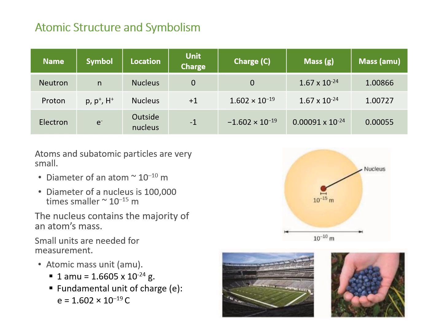So to put that in proportion for you, if you were to take a blueberry and place it in the center of a football stadium, that would be the size of the nucleus compared to the entire atom itself. So the stadium would be the electron cloud, whereas the blueberry would be the nucleus. Now the nucleus contains the majority of the atom's mass, which is kind of a hard concept to grasp considering